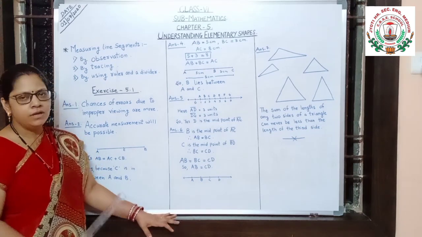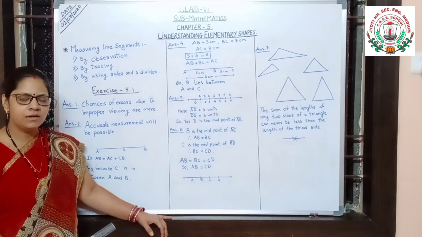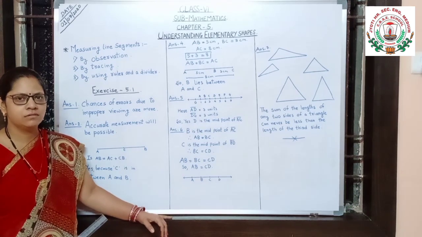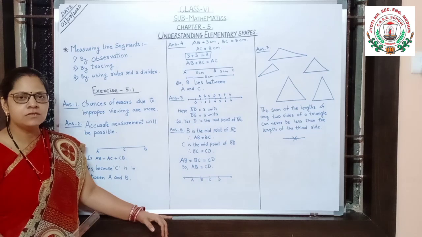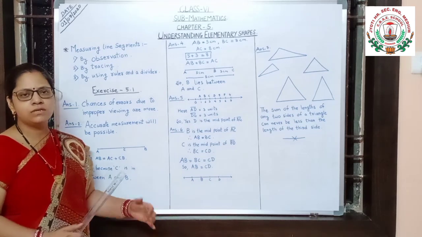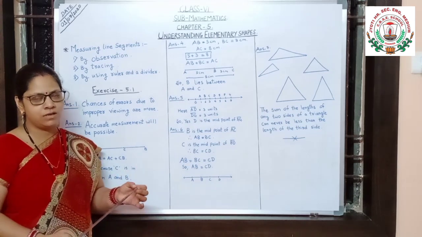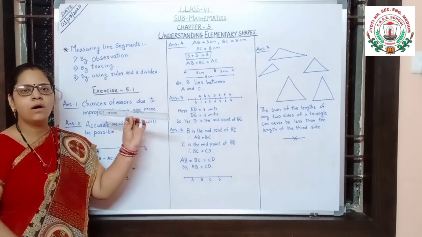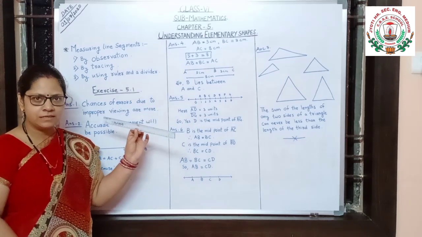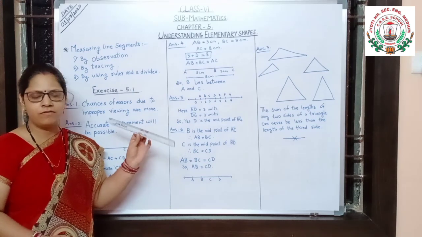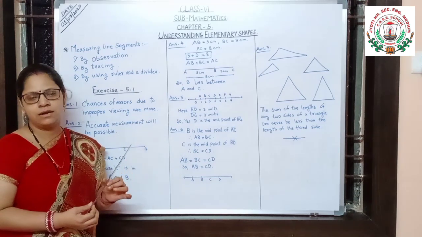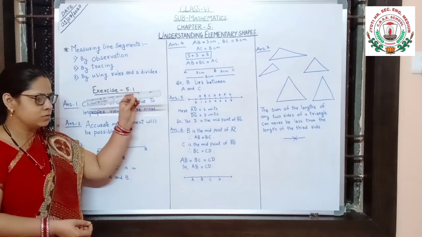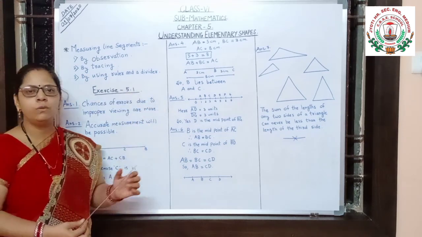Now, here we are going to start line or line segment. How to measure? Measuring means measurement, through the scale or ruler, whatever you call it. Suppose this is a ruler. Using this, how do you measure the line or line segment? A line actually has arrows on both sides, so you cannot measure a line. But a line segment you can measure through this ruler. But there are different ways.